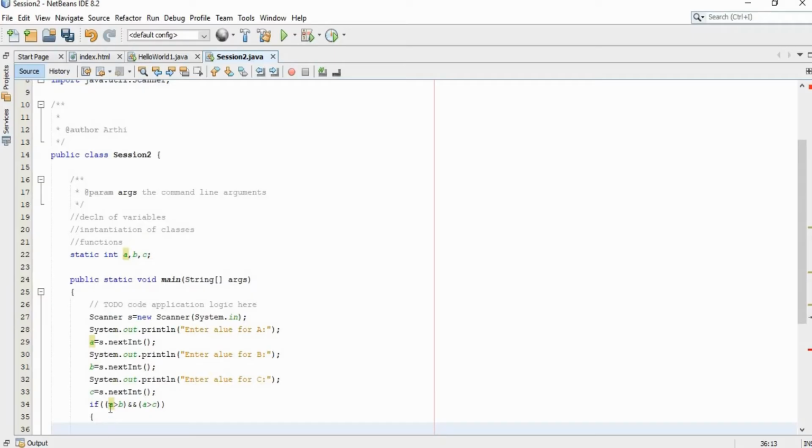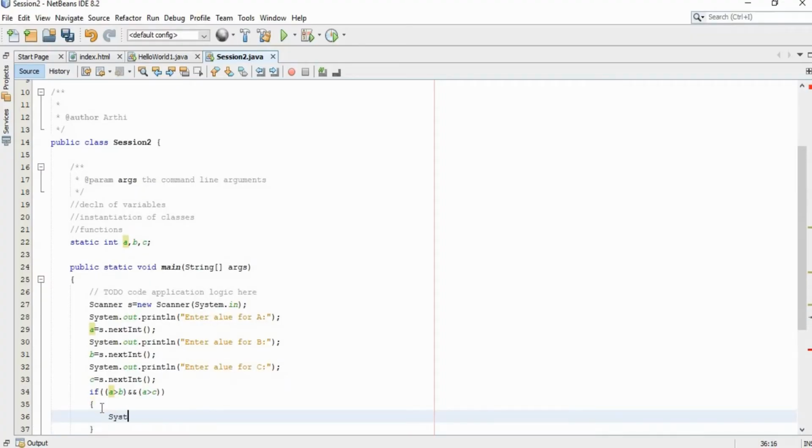Here the first condition is a is greater than b, the second condition is a is greater than c. We have combined these two conditions using the ampersand symbol, and the whole condition is inside a single bracket. At this step the compiler will check the value of a with b and a with c. If this condition is true, it will print "A is bigger".